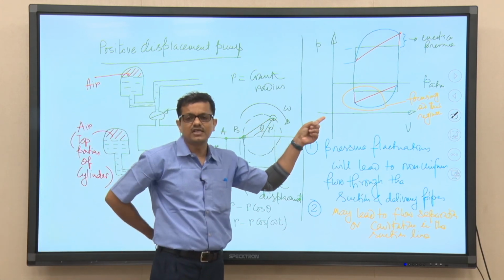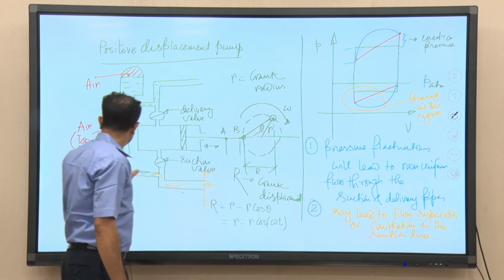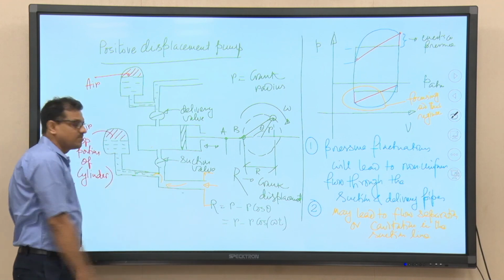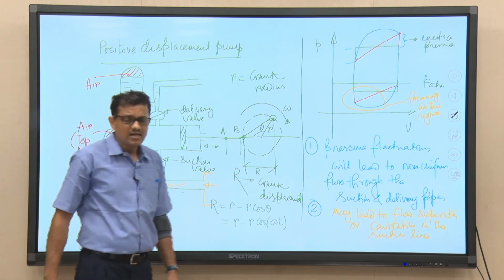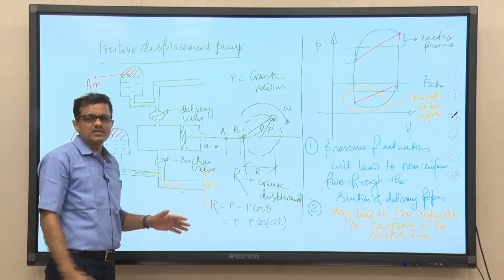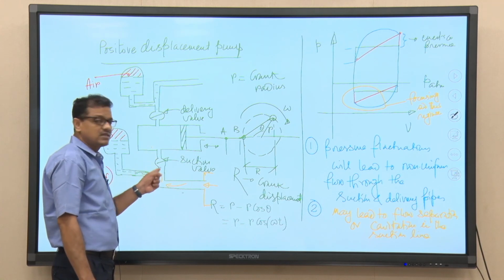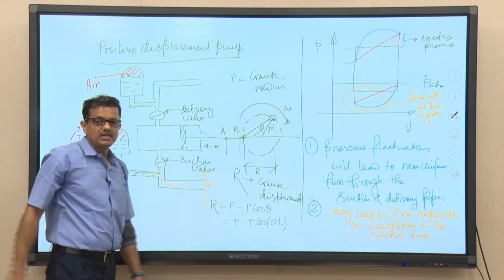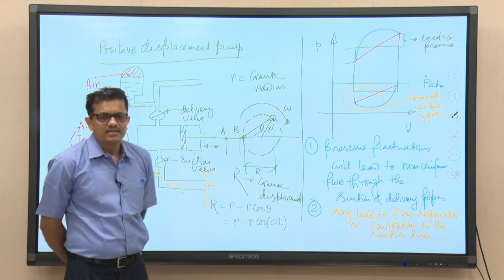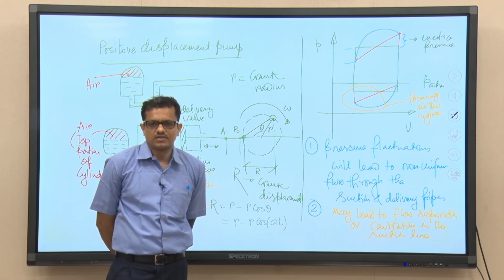If rotational speed is not very high, depending on the requirement, the air chamber may not be needed, but sometimes for very smooth operation of the pumping unit, an air chamber is connected both at the suction line as well as in the delivery line. So, you try to understand the functioning of the air chambers.